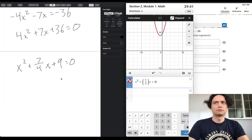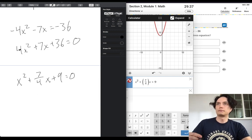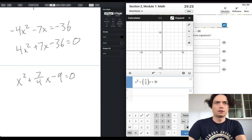Did I screw something up? Yes, I did. I combined these two steps. I shouldn't be skipping steps right now. I was just talking about how brain dead I am. I'm just lucky that...